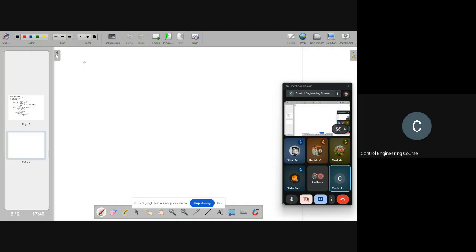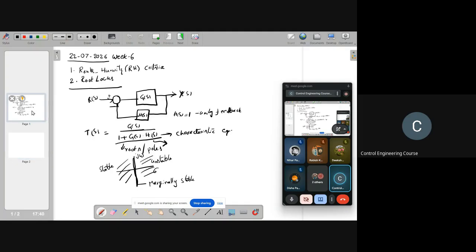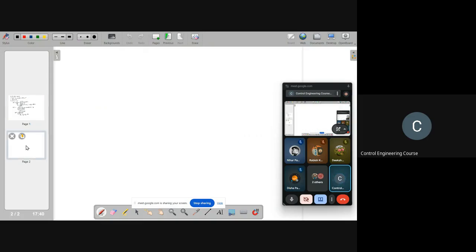So this is where the Routh-Hurwitz criterion comes in, which gives you conditions for stability of the system without calculating the roots of the characteristic equation. Okay, so first we analyze the necessary and sufficient conditions for stability. Let's first go through the necessary conditions.